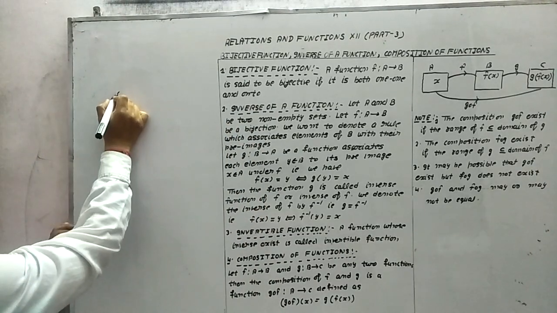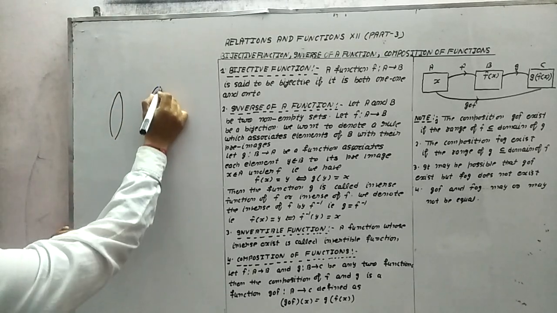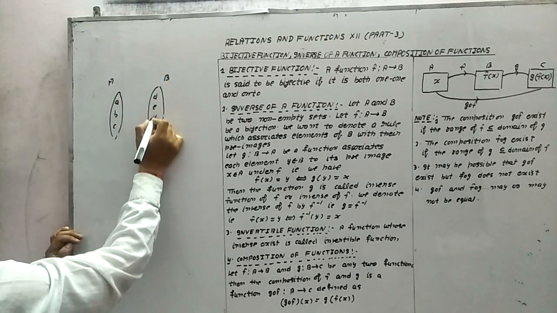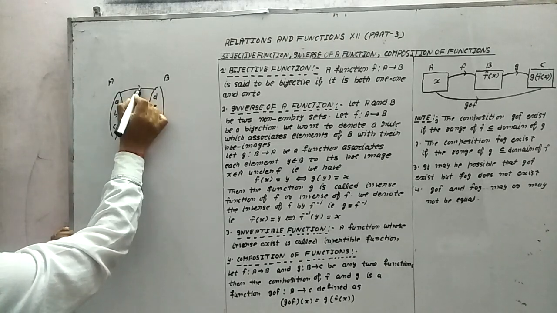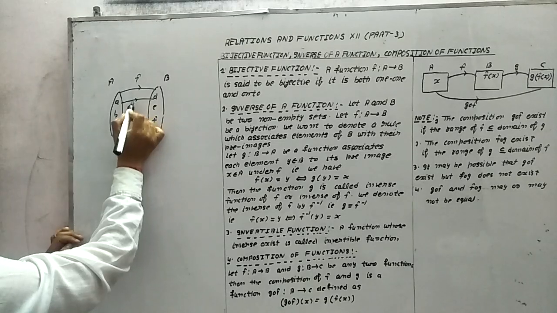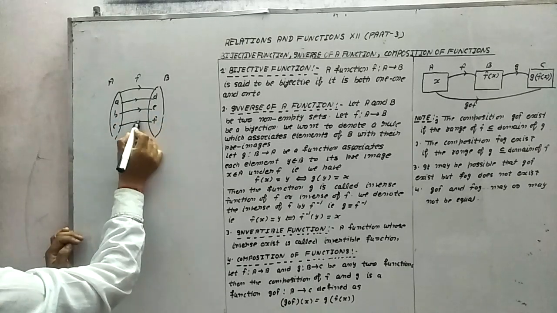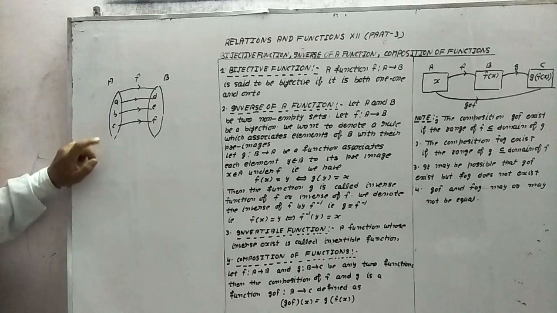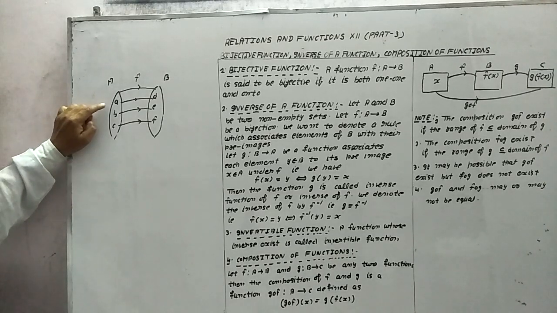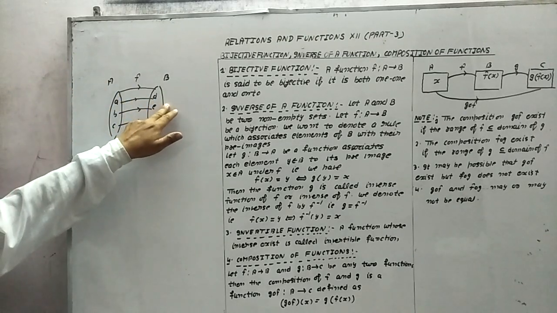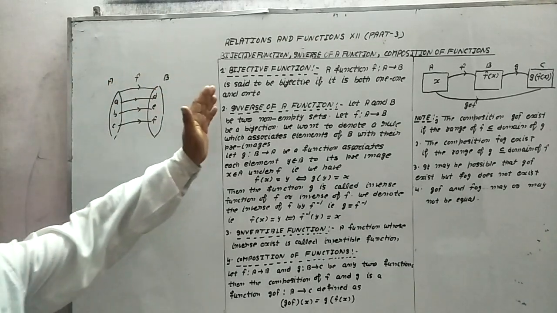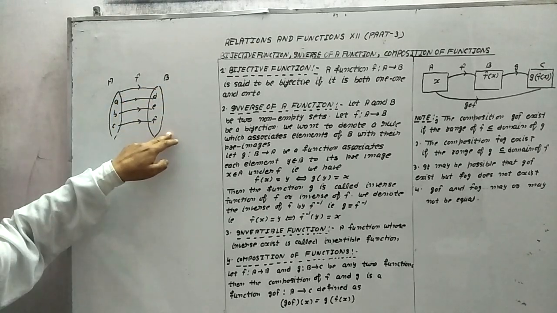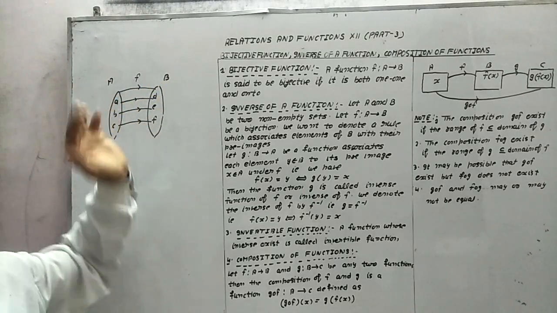In the last video, I explained that if we have two sets A and B, with elements A, B, C and D, E, F, and this is a function defined in such a way that A is mapped with D, B is mapped with E, C is mapped with F. Then I said that on the basis of domain, each element is mapped with an element of set B. Second thing, all elements of set B have their pre-image.